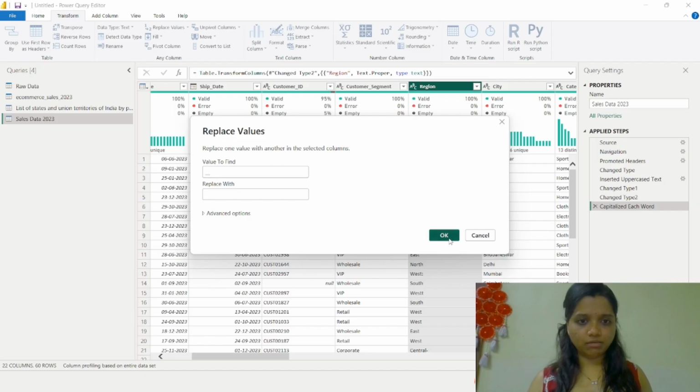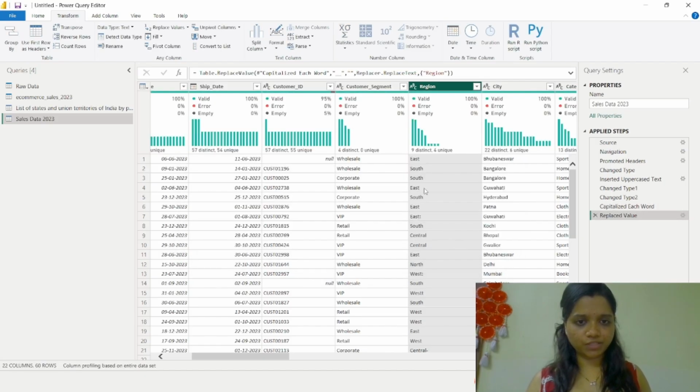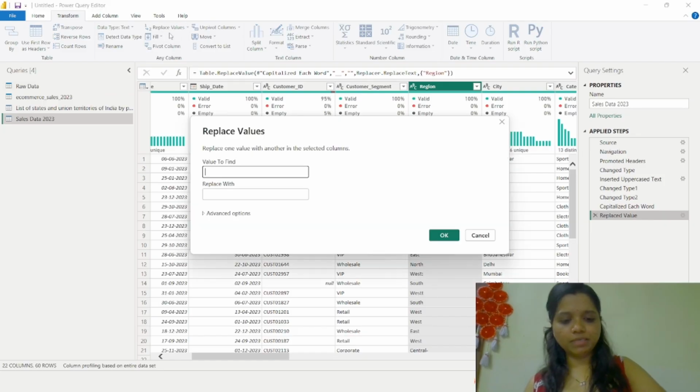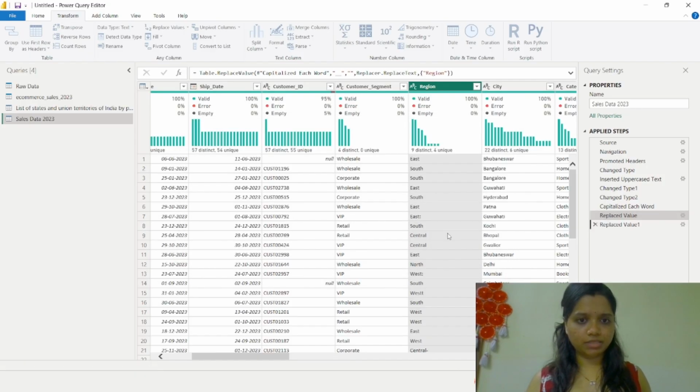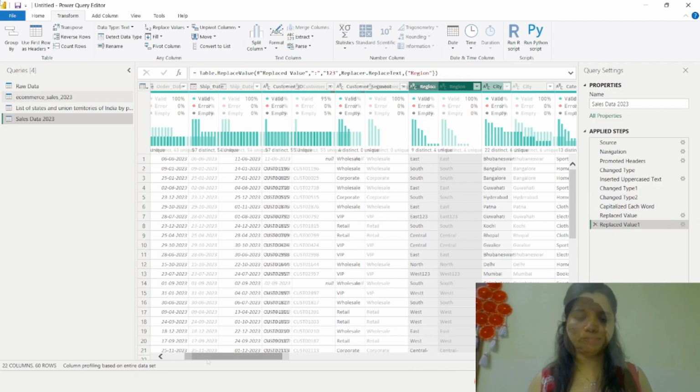Click on OK and we see that the suffix for this east is gone. Similar thing we can do for this east. You can replace this suffix with anything that you want. So let's say we replace this colon by 123. Then that is also possible. So this colon is replaced by 123.